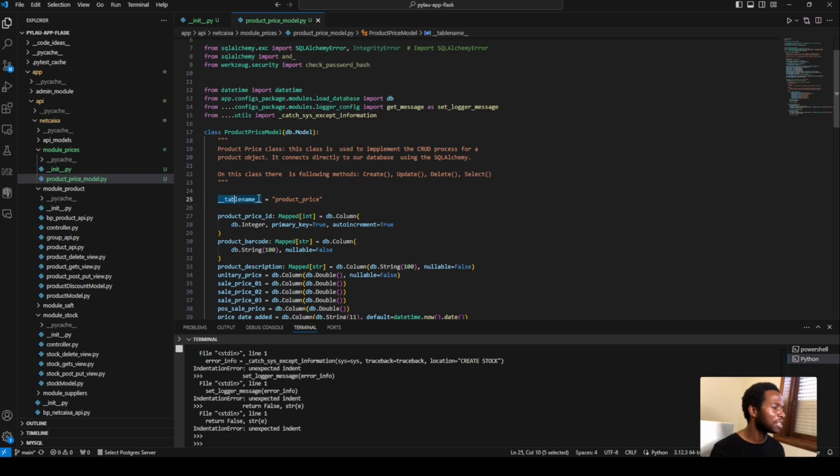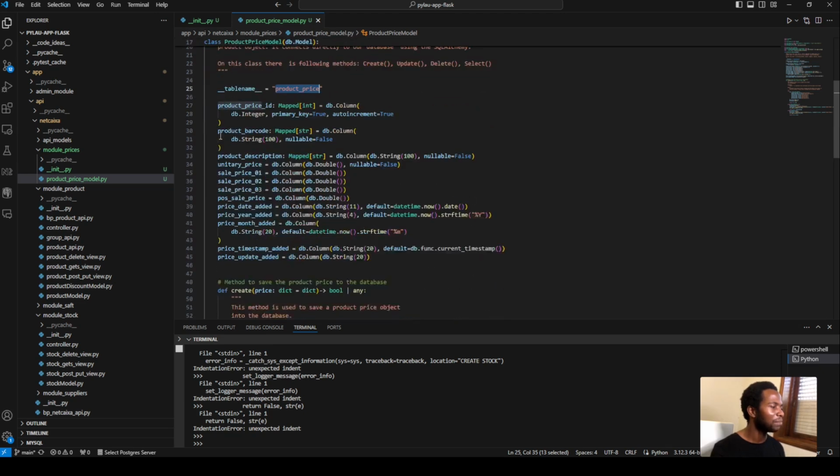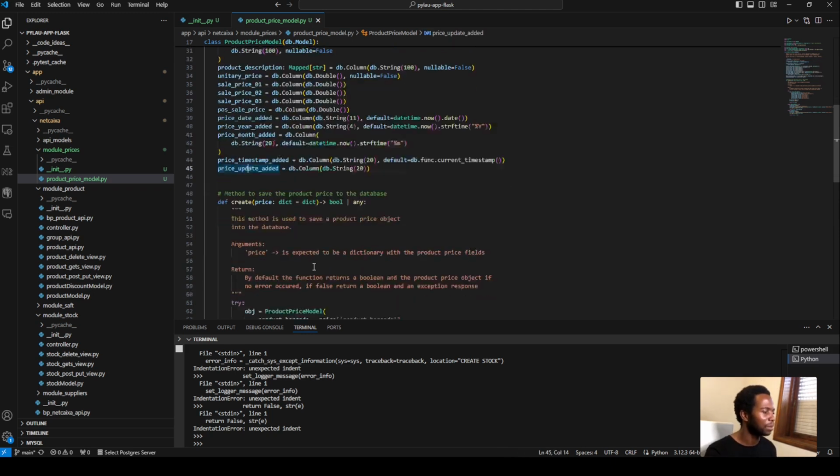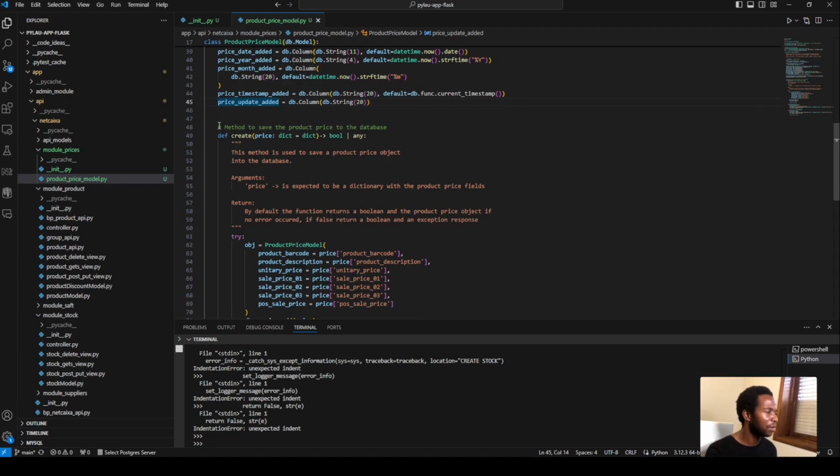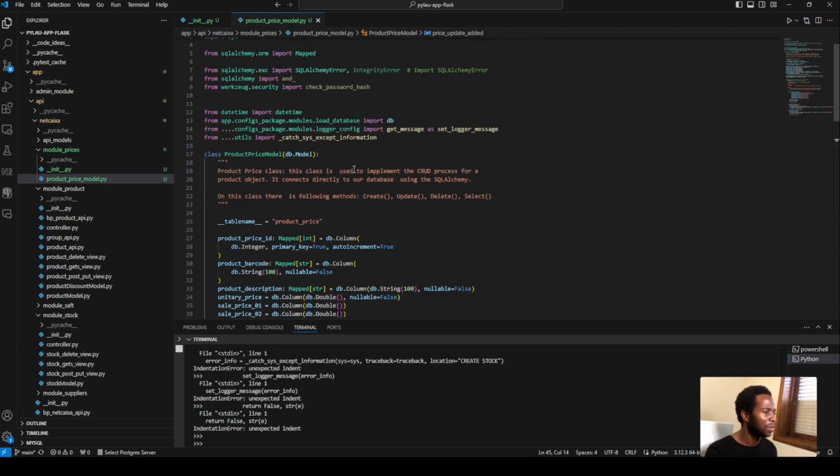Here we have a database name. When we run this class, it's going to create a database with the name product price, and down here we have our columns, the columns of our product price table. And then we have our first method. We mentioned that this class has a select, delete and update, but we're not going to create those today yet. Today we're just going to